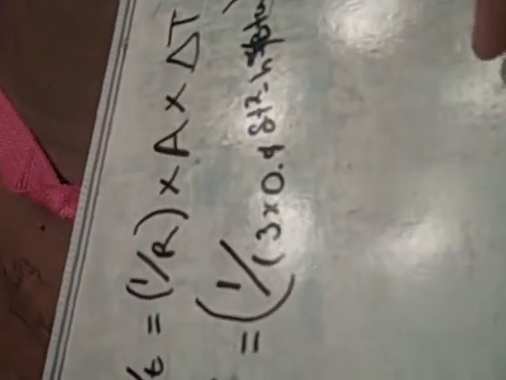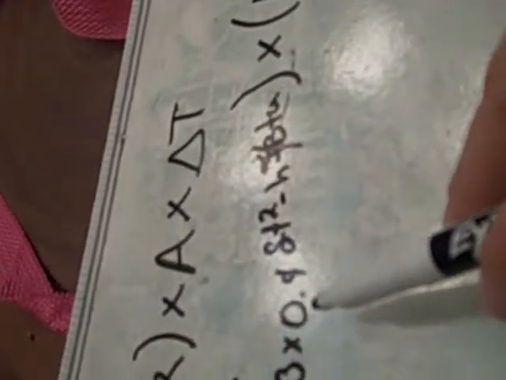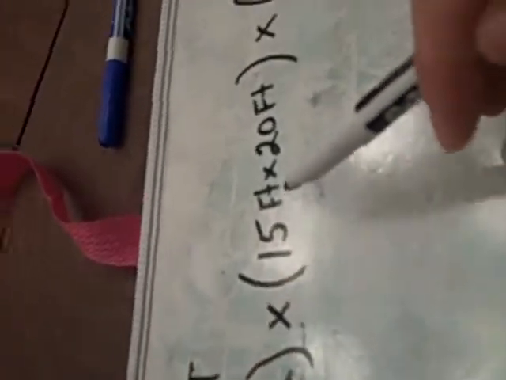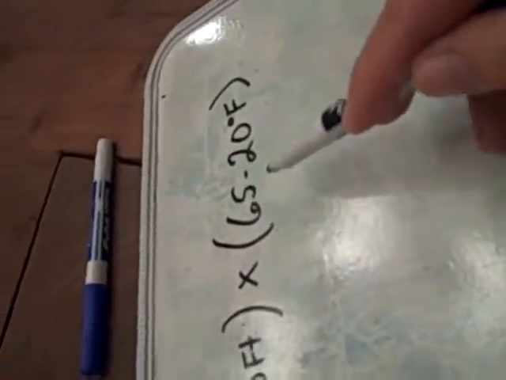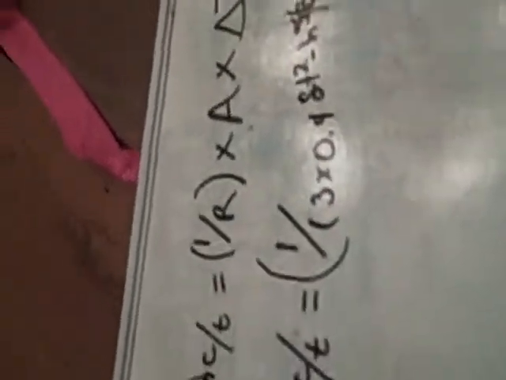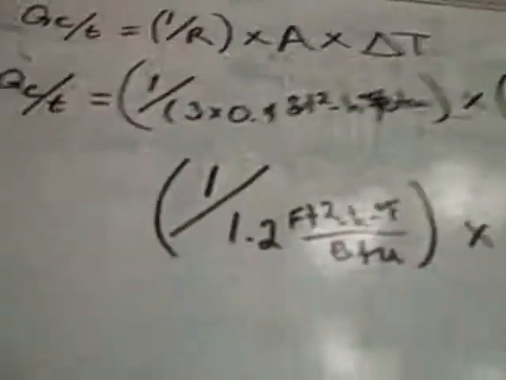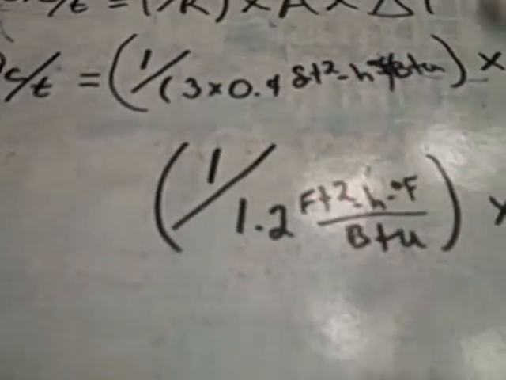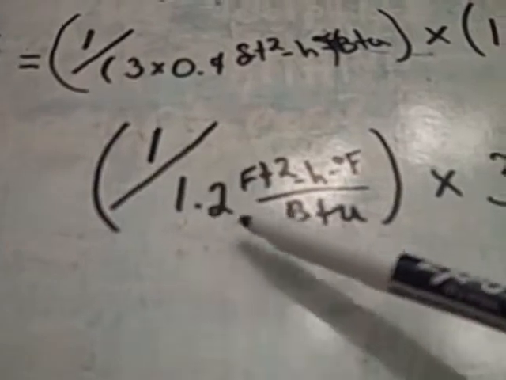All right, so if I'm setting up my equation, in the R value slot, I'm going to do 3 inches times 0.4 feet hours degrees Fahrenheit over BTUs, times that by my area of 15 feet times 20 feet. So I'm going to do that piece to the problem. And then my change in temperature of 65 minus 20 degrees Fahrenheit. So I'm going to do each one of these pieces and write out all these pieces for us and then times each section. All right, so now I've set up all my pieces, and I've got 1 divided by 1.2,